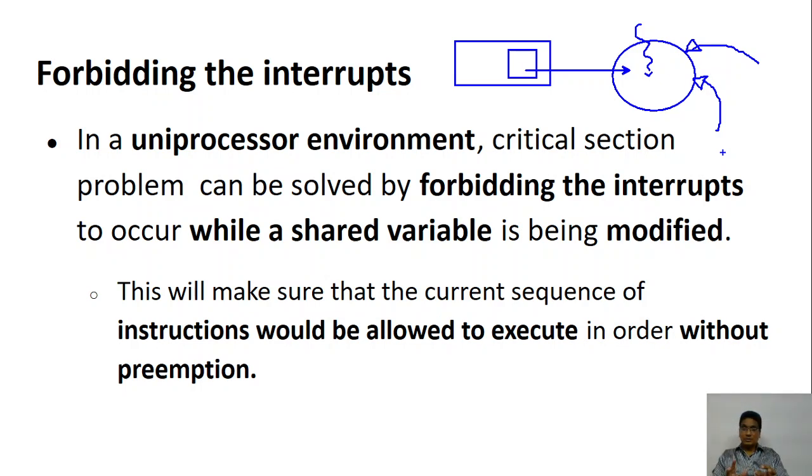So the CPU is doing some work, suddenly an interrupt comes. It is like you are studying for your examination, and suddenly a message comes. What happens? You stop studying, you look at the message. But if the mobile is switched off altogether, what will happen? You won't receive any call or any message. You are going to concentrate on your subject thoroughly.